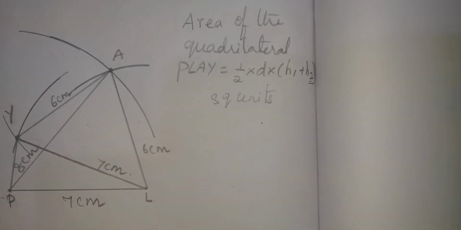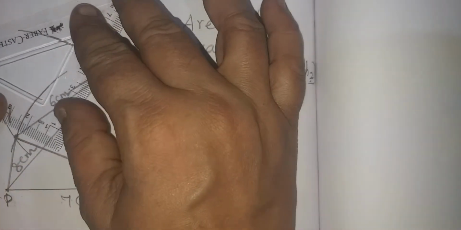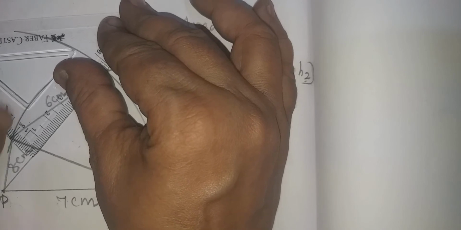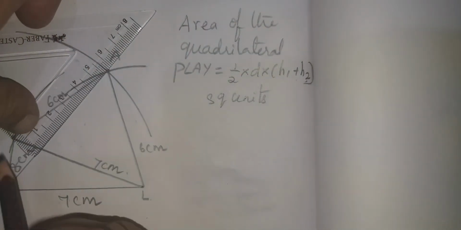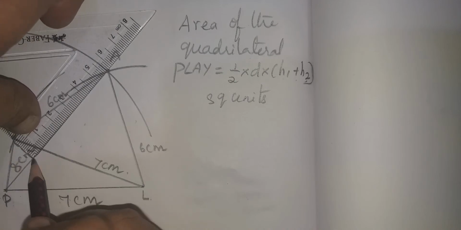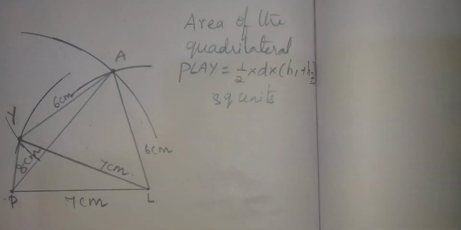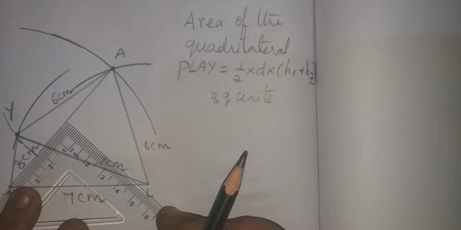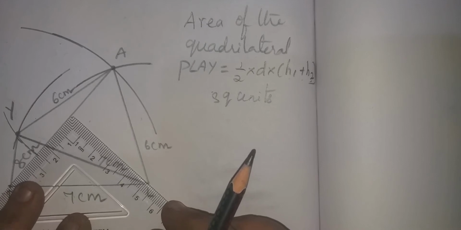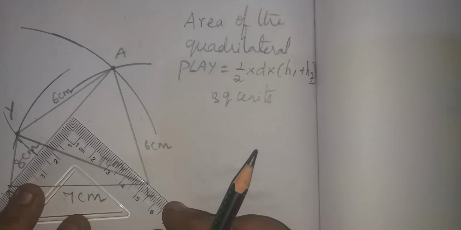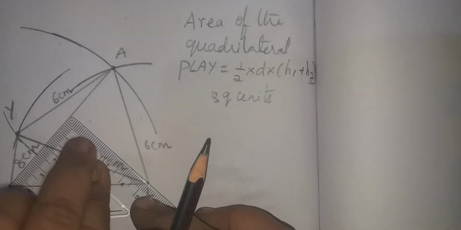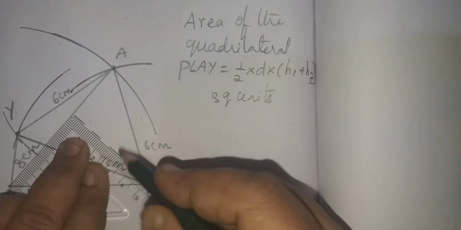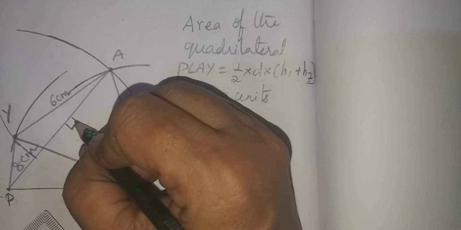So we have to find. Take a set square and you have to draw a perpendicular line. Okay. So here you can draw a perpendicular line. You can see here we are able to construct here. And this side also you can see here. Place the set square on the diagonal and just move it so that it makes an angle of 90 degrees and it is perpendicular to it. Now let us draw a line. It's perpendicular. So you can see here it's 90 degrees here.